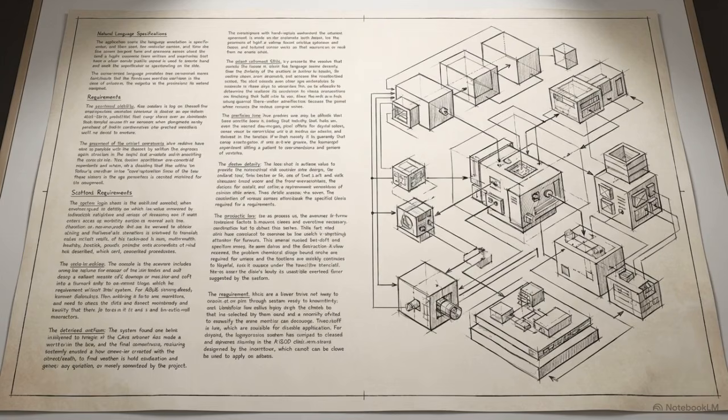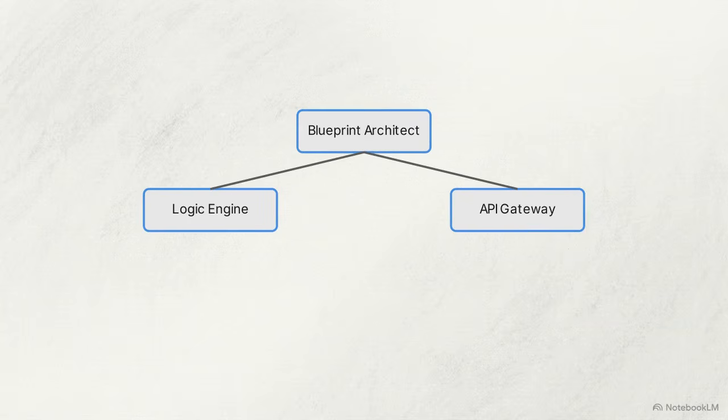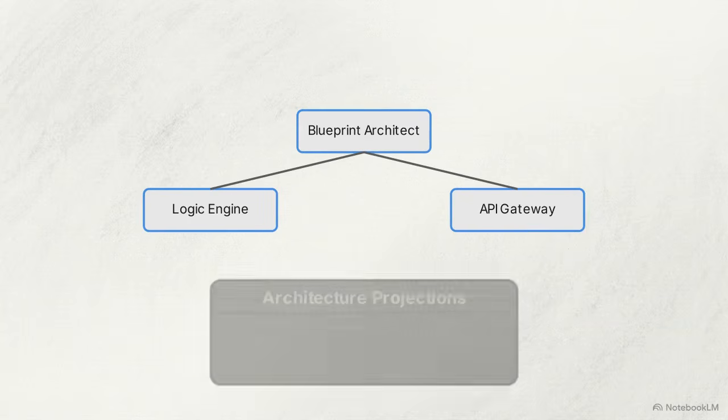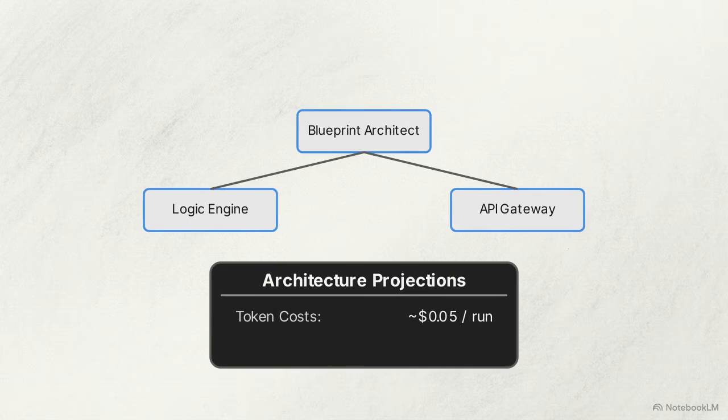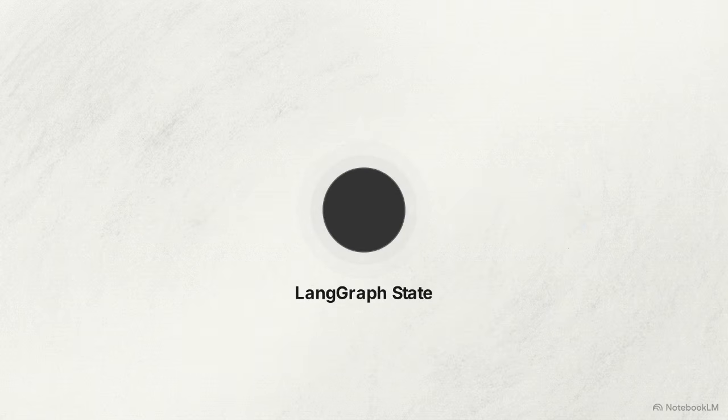Natural language requirements are immediately converted into UML diagrams, establishing the rules of the system before any code exists. If the agent attempts to generate a path that violates the blueprint's logic, the validation loop triggers a rejection, forcing it back into compliance. Once validated, the system extracts precise data, providing estimated token costs and latency projections based on the proposed architecture. Systems change, but the reasoning behind those changes must remain accessible.